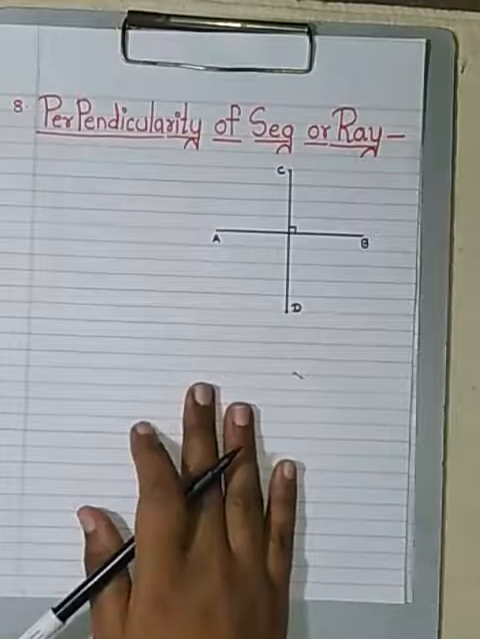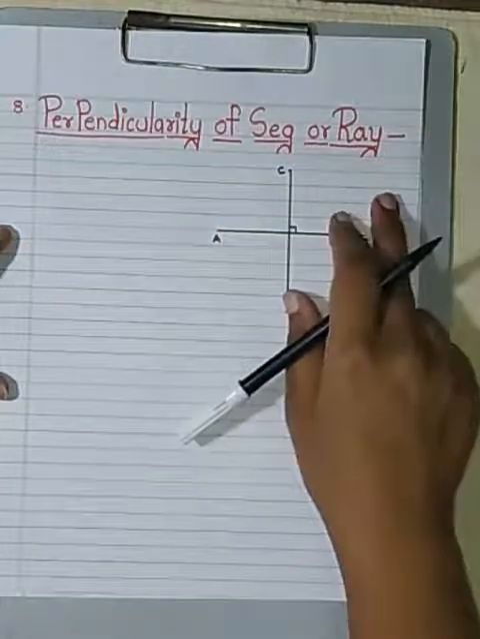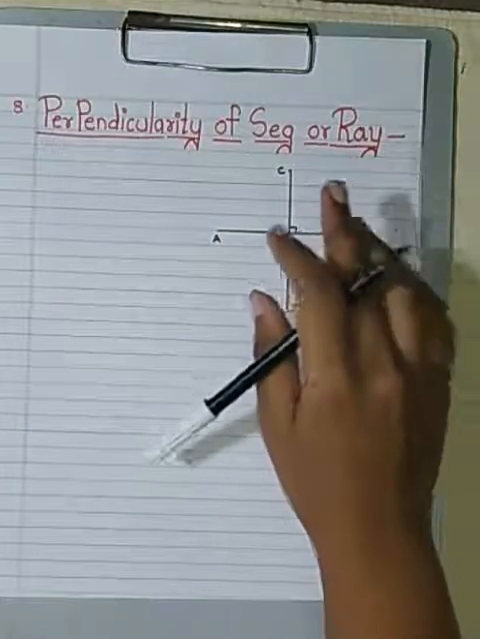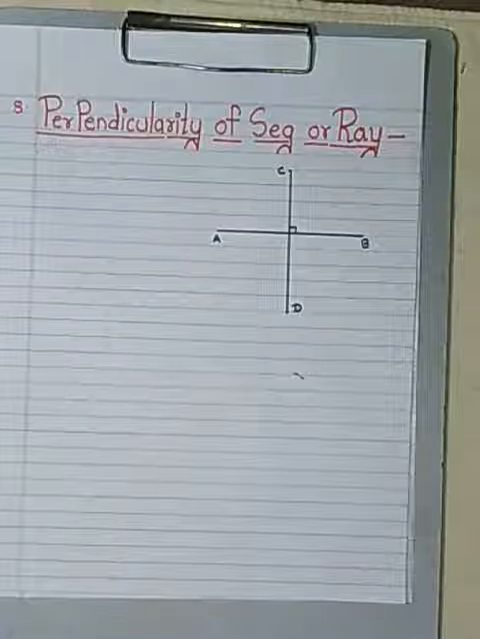Now, next point is perpendicularity of a segment or a ray. Now children,